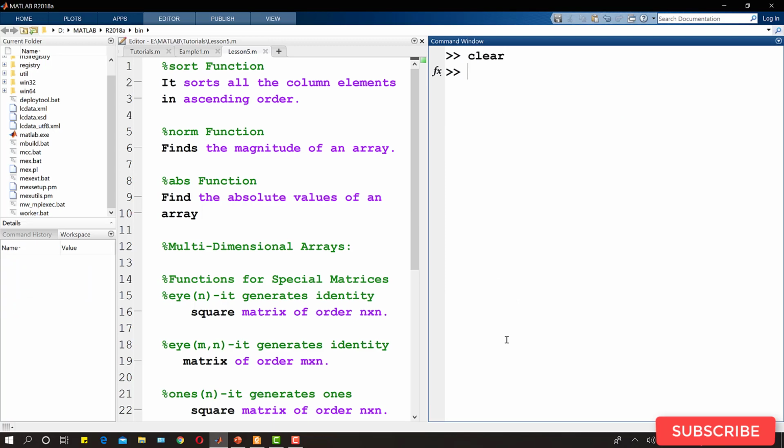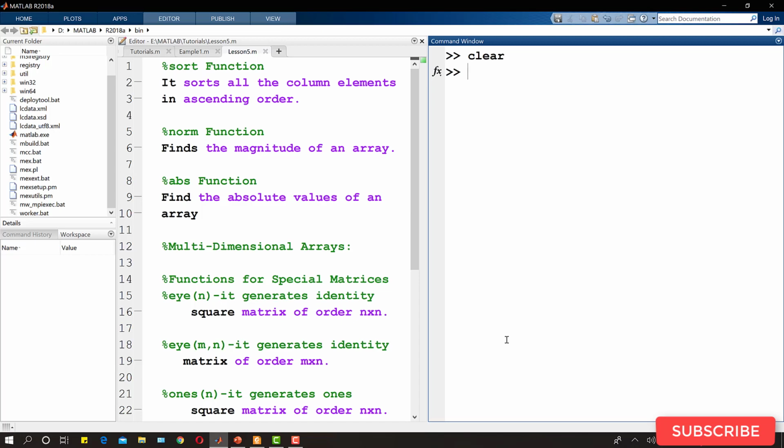Now I will introduce the multi-dimensional array. So far we have learnt about one-dimensional arrays and two-dimensional arrays. Now we will learn how to create a three-dimensional array. So what is meant by a three-dimensional array? Let's suppose I take the example of a book. A book is always represented by one name, and it has many pages, and if we consider each page as an array, each page is placed one above the other, and all those pages have only one name.